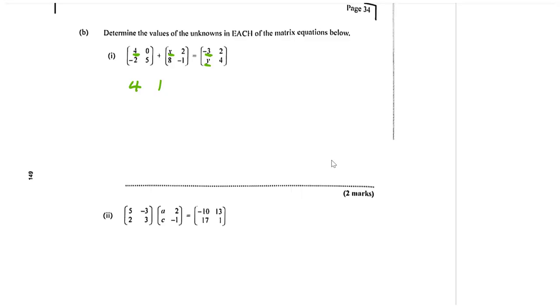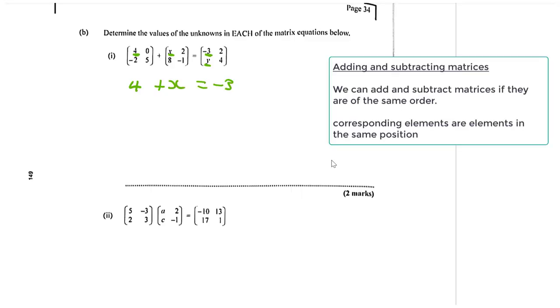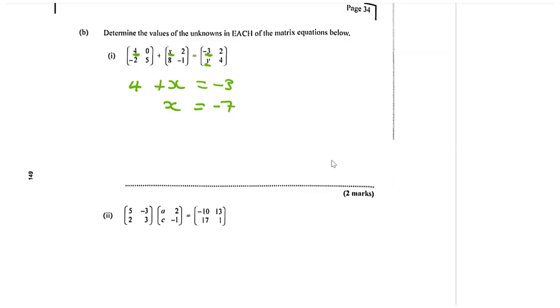So this is going to be 4 plus x is equal to negative 3. That means x is equal to negative 7. Similarly, y corresponds to the 8 right here and also the 2 right here. So we have to say negative 2